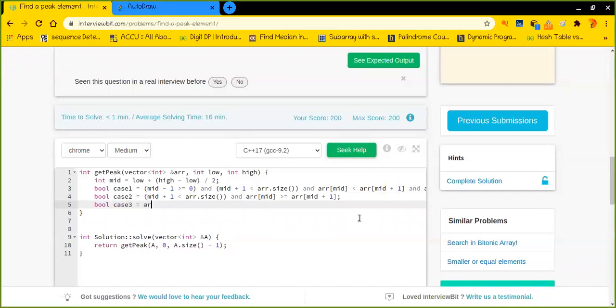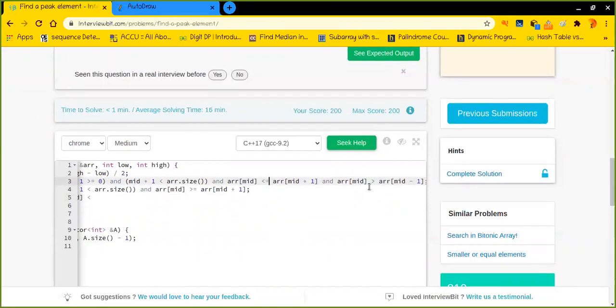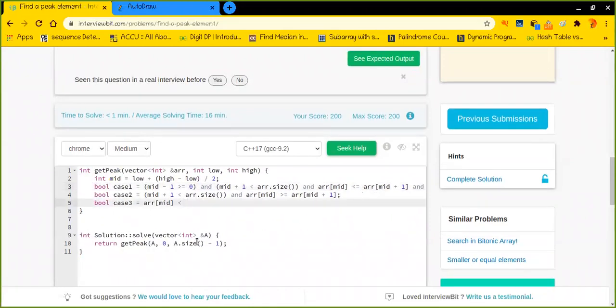Okay, so this is the another case, and the third case is nothing but if the array's mid is lesser than, okay, I'm sorry, I have to write it in this way, that it must be greater than or equal to, right? I just had written the greater than sign, but okay, here I have written it properly. Perfect. So it should be greater than or equal to the mid minus one value.